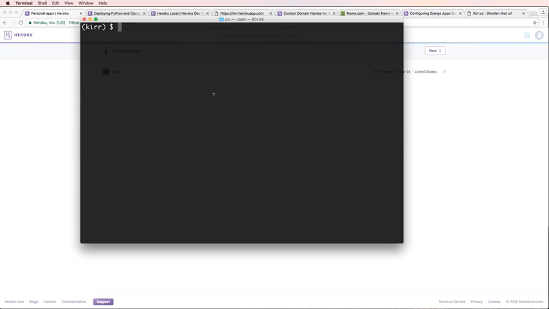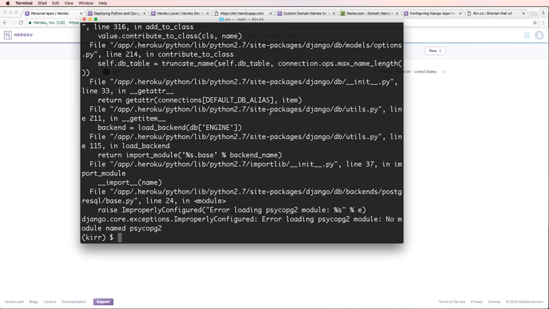And now it's finished doing all that, so we're going to go heroku run python manage.py migrate, and we're probably going to see an error here for a very specific reason. We changed the database to being PostgreSQL, but we didn't install the Python package to handle PostgreSQL. So we actually need to update our requirements to have the psycopg2